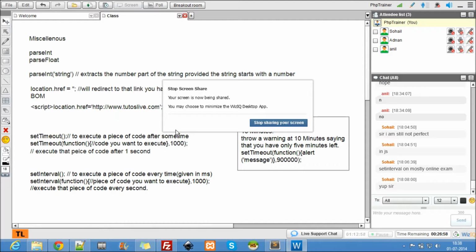But again, there is no interactivity over there. You can't really talk to the guy who has made that video. That is a disadvantage over there. You can't really tell him that you're still not perfect, because he won't answer you. So that is what motivated me to start Tutos Live. Plain and simple.